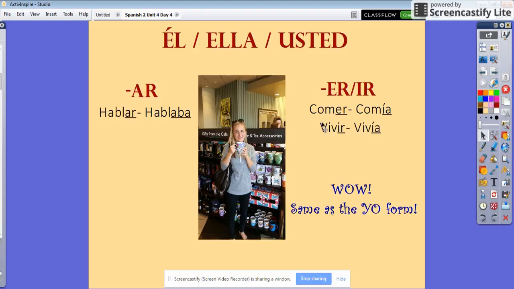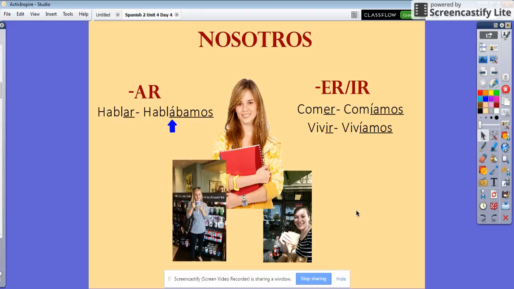And y'all know this teacher, right? Señora Sabes. All right, moving on. We've got the nosotros form. So if it's an AR verb, it's going to end in ábamos. Now, this one does have an accent right here because this is where the emphasis is when we say this word, hablábamos. Okay, hablábamos. And it's kind of fun to say that because of the blah, blah, right? Hablábamos. And then we've got íamos. That's the ER-IR ending for the nosotros form. So we've got ábamos or íamos.